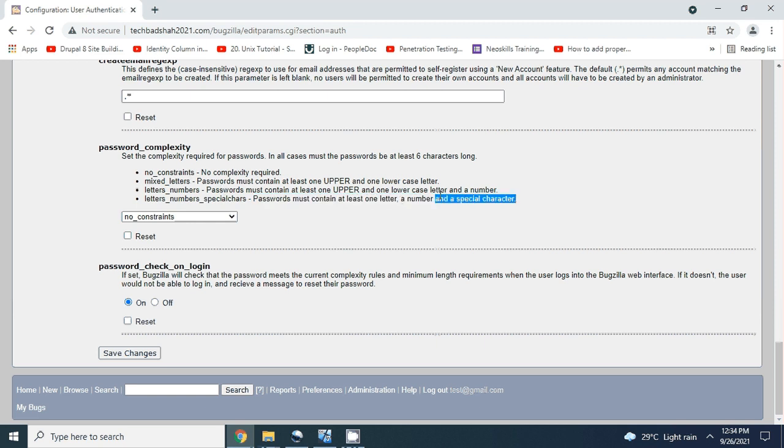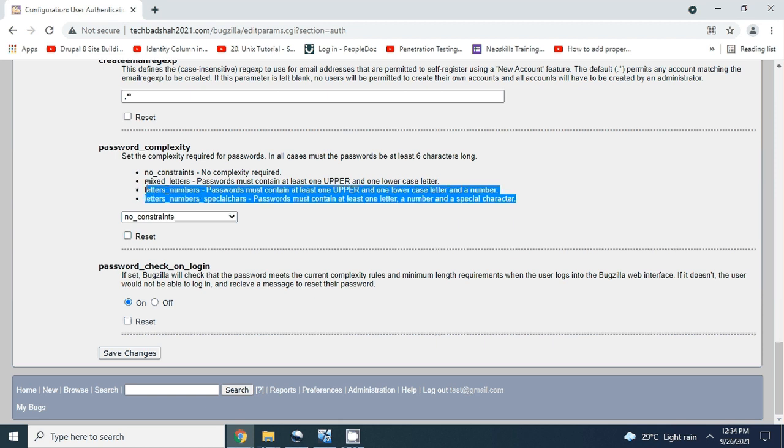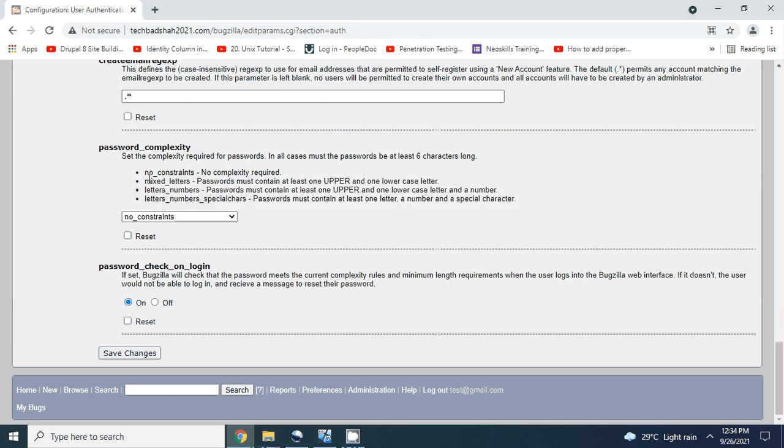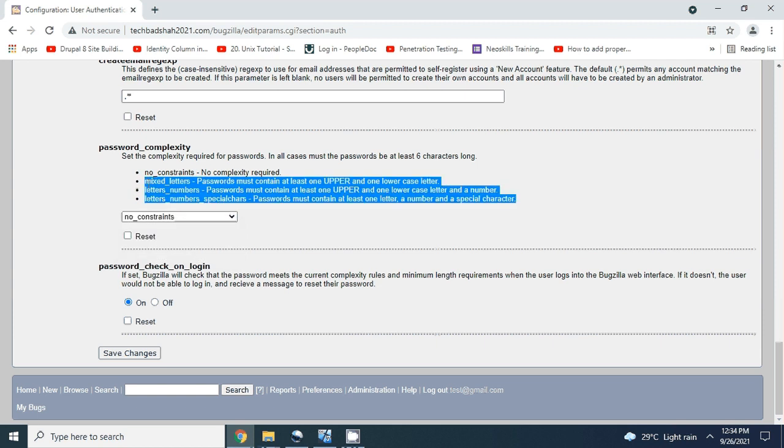These restrict users to using a strong password, so you don't have somebody using a very easy password like 1234. In that case you can use this. As of now, I'm not configuring this because I'm using this system for testing. It's recommended that you use this kind of setting if you're using the application in a production environment.